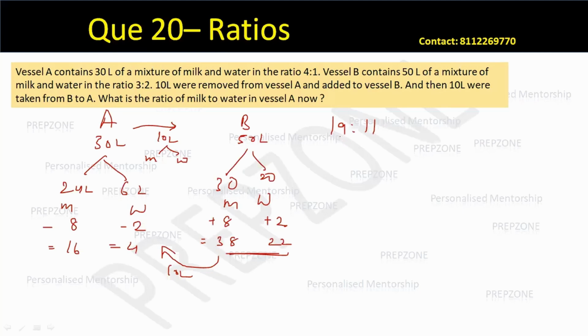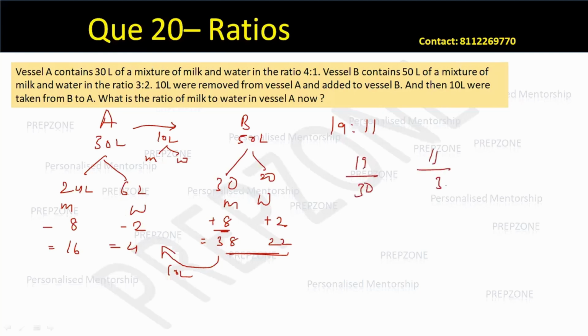Okay. So Chetna, what mistake you made was you did not consider these +8 and +2. You simply said 3/5 and 2/5, but that will not happen, right? Milk will actually increase because जो ये 8 units of milk निकला है AC, that will also go to B now. It will be 30 + 8 and it will be 20 + 2. So this is 38:22. So ratio is 19:11, which means 19/30